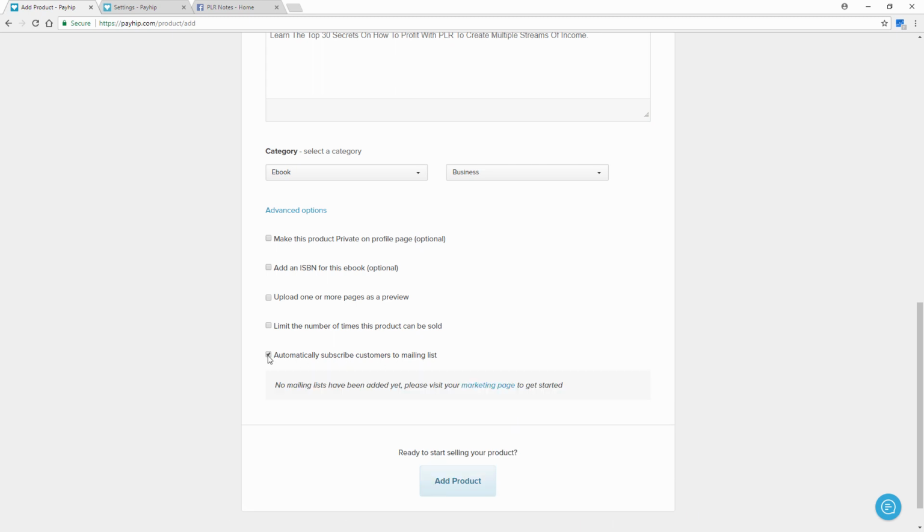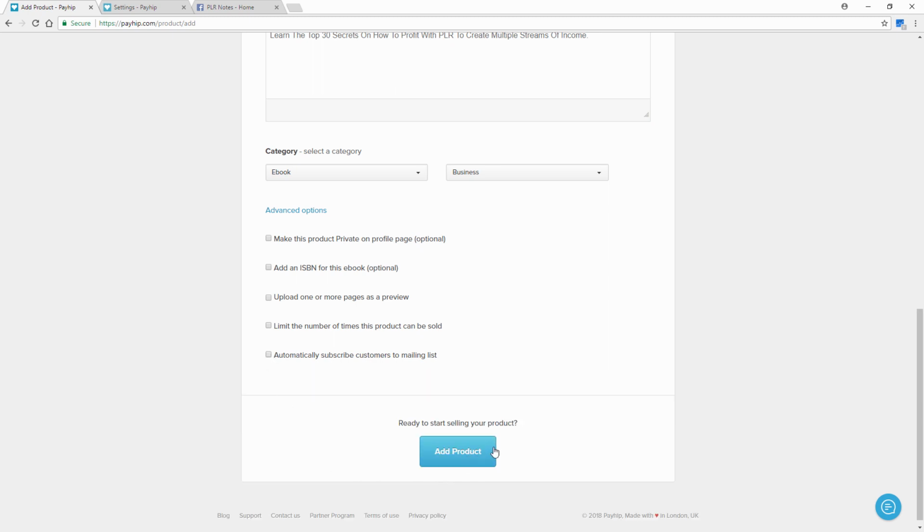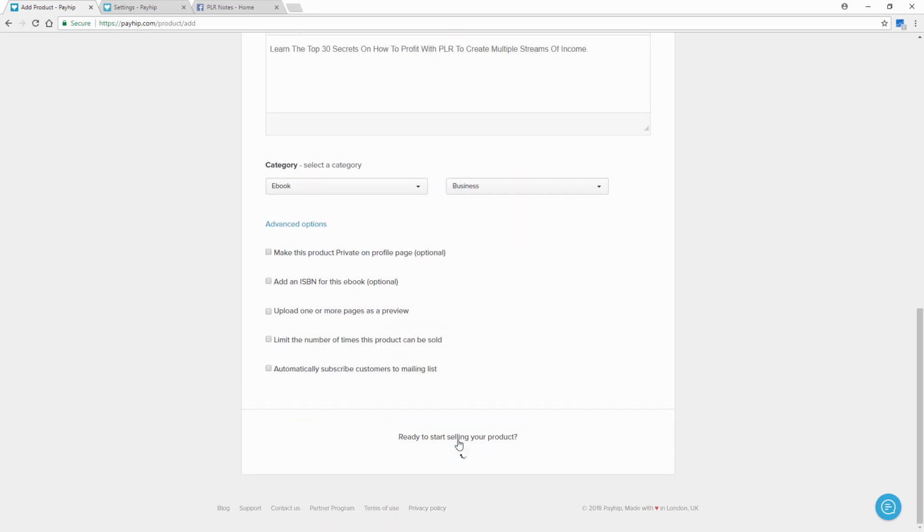You want that, so you tick that, but you haven't got any added here yet. But on the page I showed you before, when you've added a list, it will show here, and you just click that, and automatically it will add your new customer to that list. Okay, so as you can see, that's basically it. And you add the product,